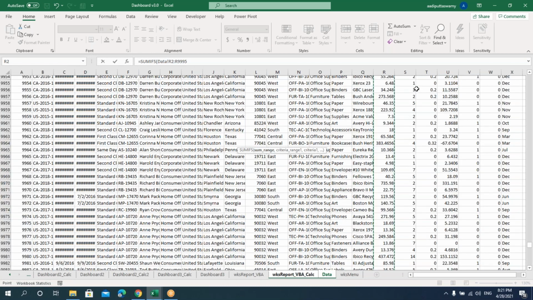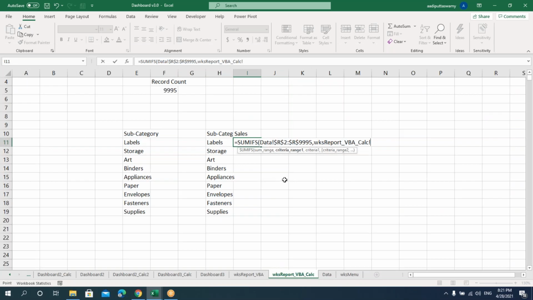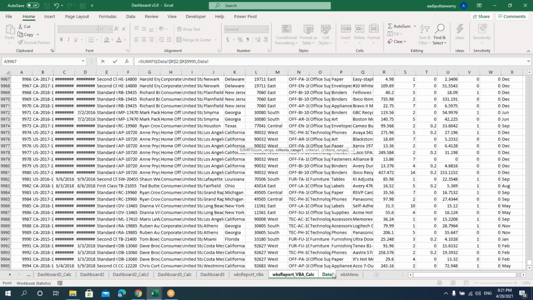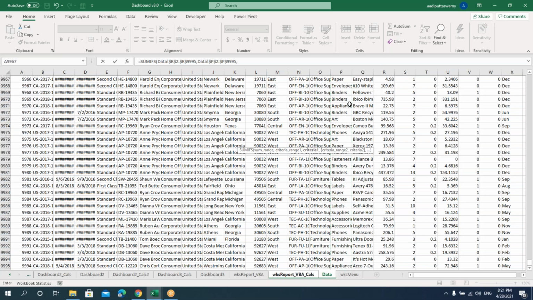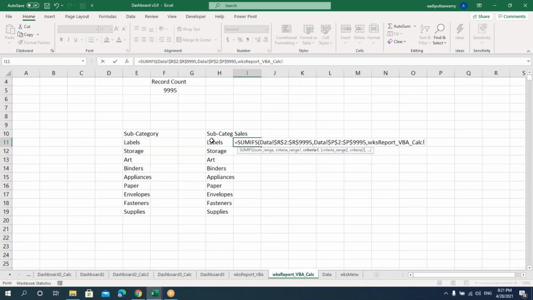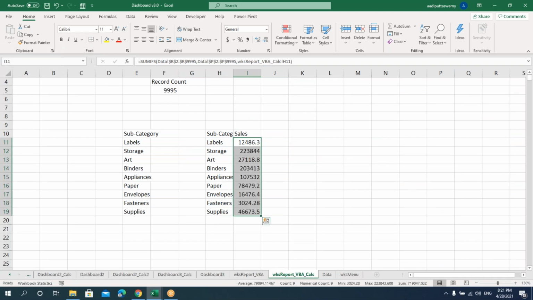Let me select this, F4, comma, then we need to check the criteria. So the criteria is subcategory. So again we'll go to this data, select the subcategory, F4, comma, and then we'll select this subcategory, say enter. So I'm getting the sales value.